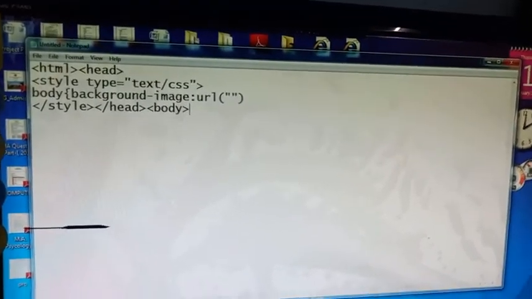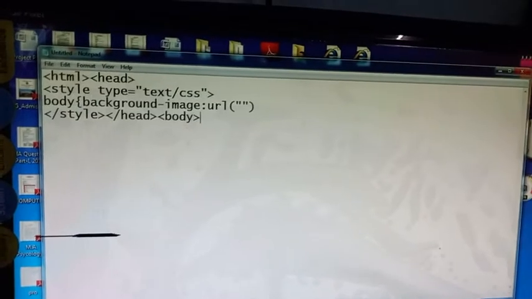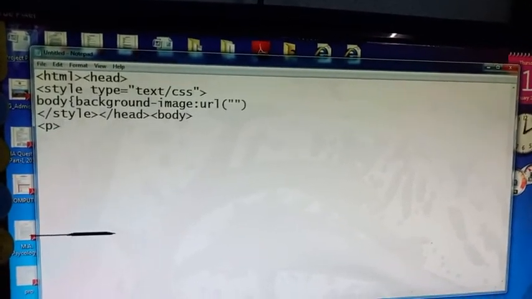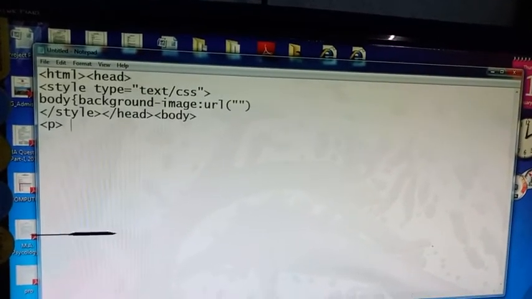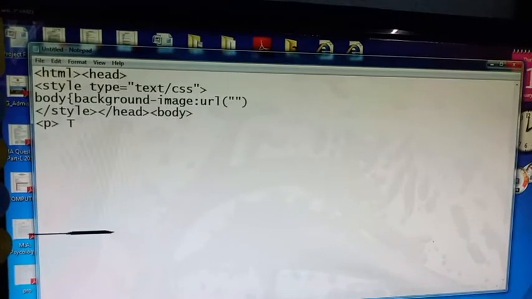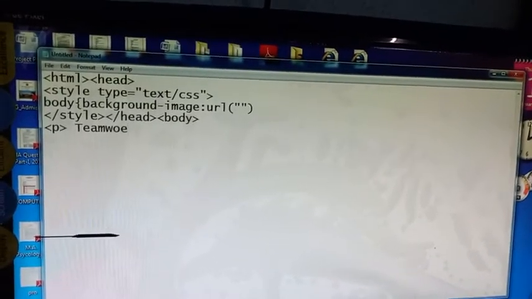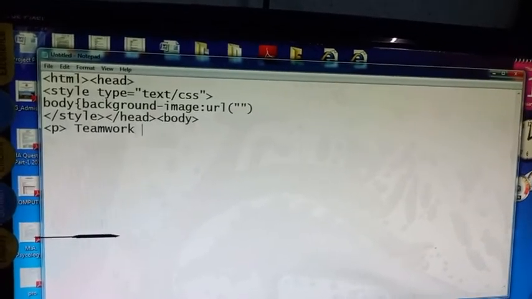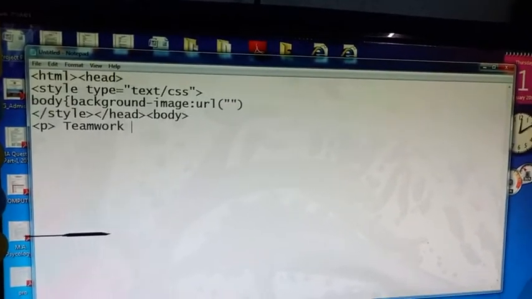Close the style tag and head tag, and body tag starts. And write the text here. Let me write the text.